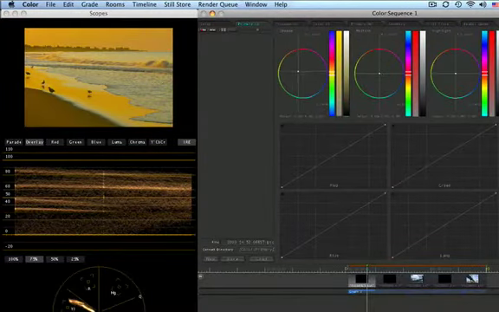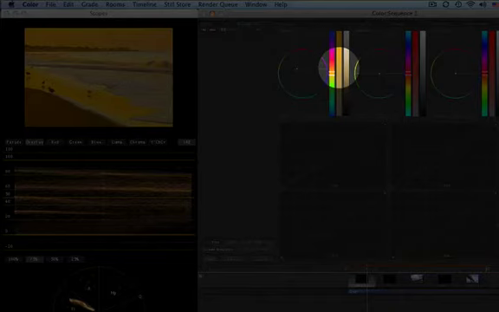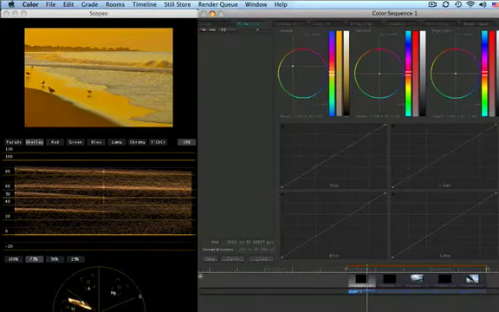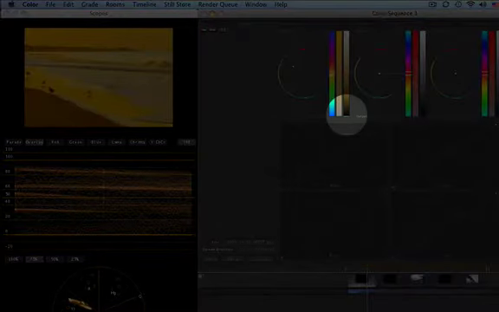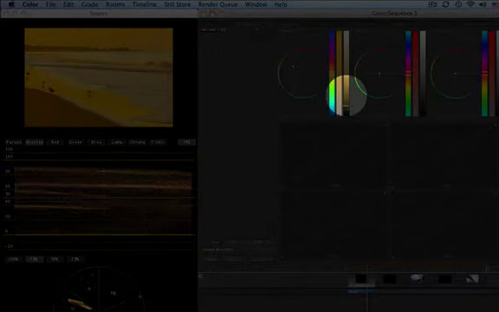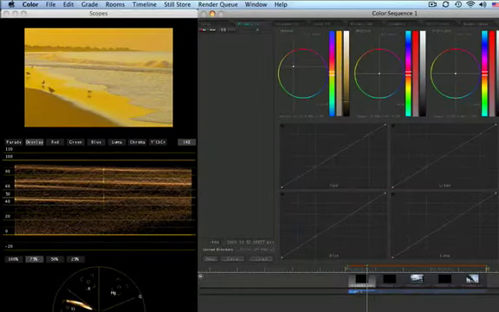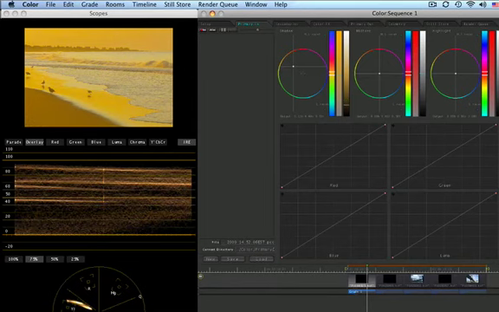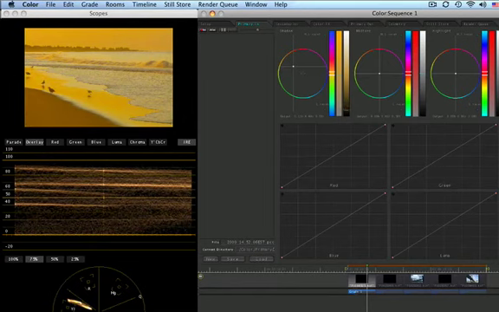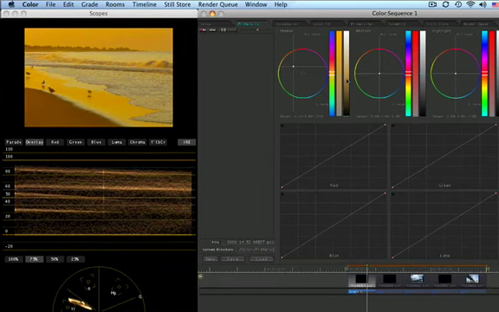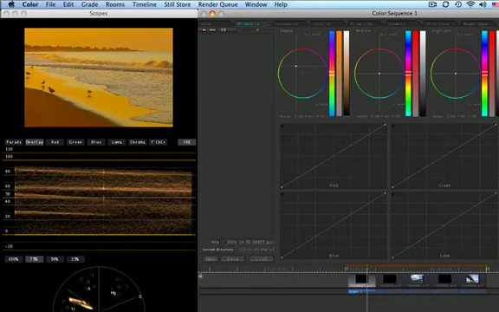It also allows you to control the saturation of a color. If I come over here and hit yellow, and then I come over here and make that yellow more of a saturated color, it really brings a little more saturation to it. And this third one here is contrast, how dark or bright you want to make an image. There you go. Bring it up, bring it down. And as I do that, it's also changing the waveform monitor. So I usually leave that down at the bottom. And like I said, this is more for a total